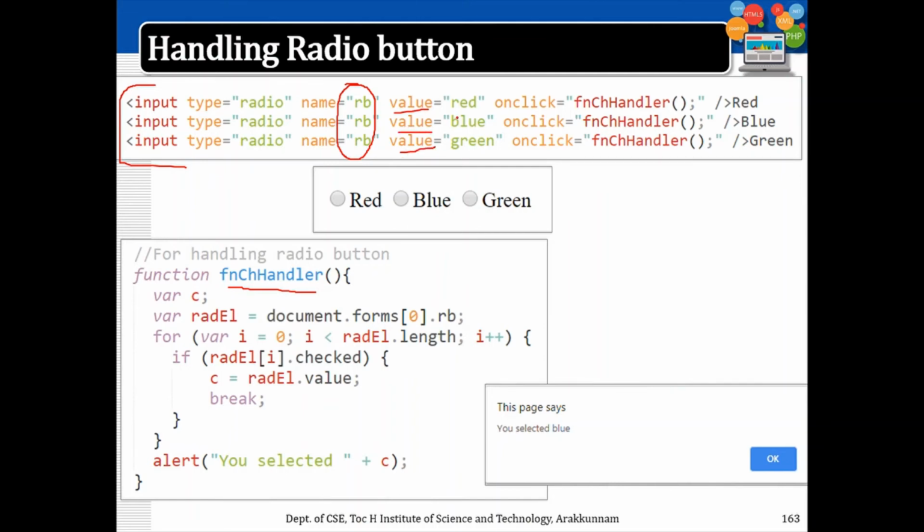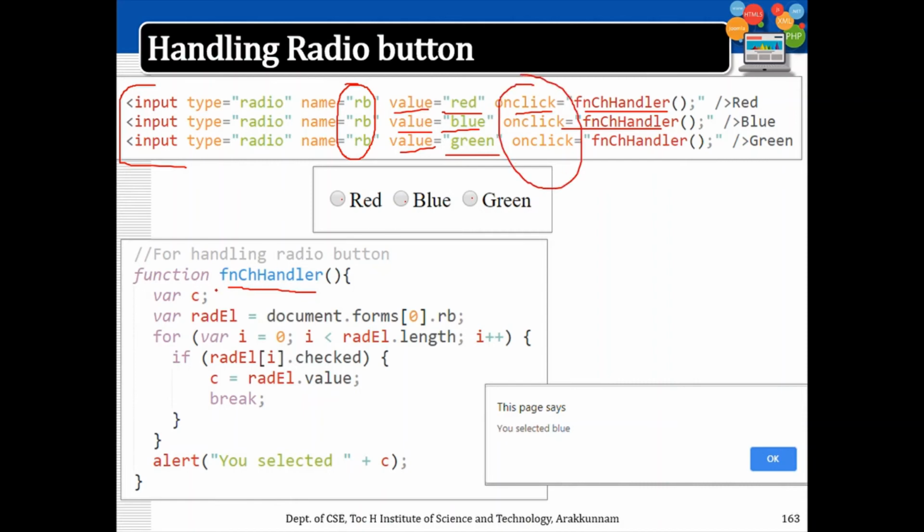I hope you remember all these properties which you studied in module 2. The first choice value is red, the second choice is blue, and the third choice is green. Then I am defining an onclick handler for each of the radio buttons. If I click on any of these buttons, the click handler will be activated because I am defining onclick for all three buttons.